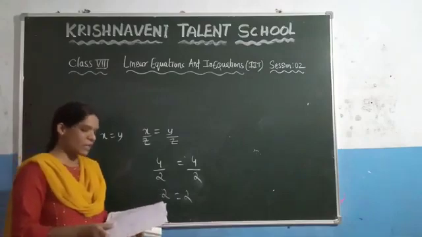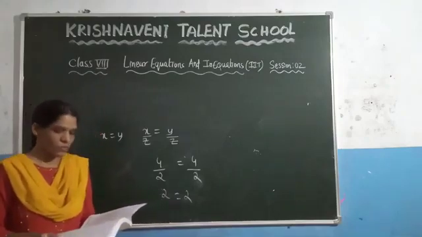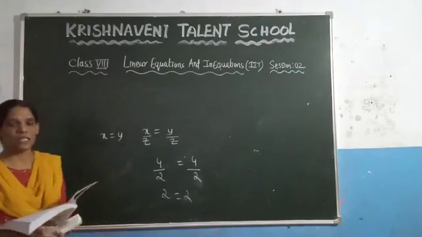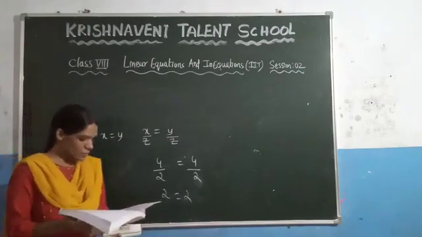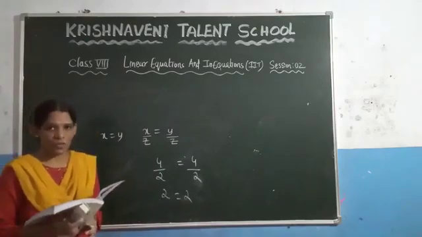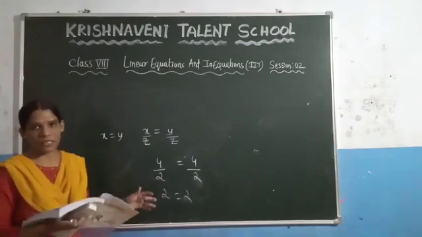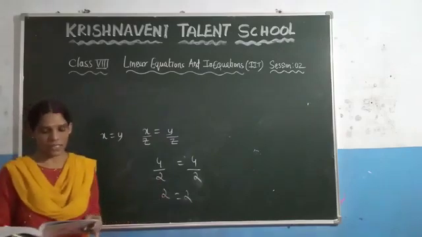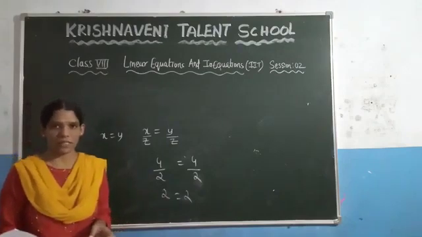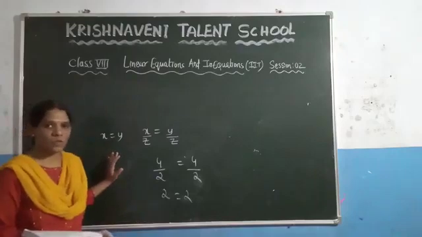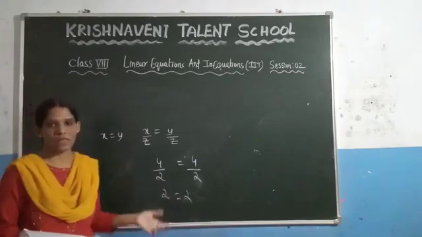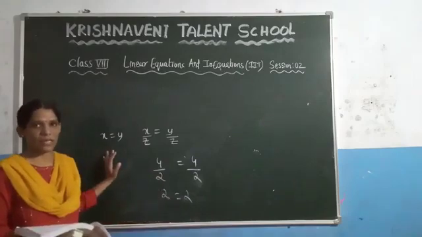So up to now, what we have discussed here is the linear equation. What is meant by the linear equation? If the degree of the equation is 1, we call it a linear equation. And what is meant by the simple equation? If you are given any equation, you can solve the value of the variable by using some methods. We are going to discuss those methods in the next session. After that we discussed the properties of equality. In that we discussed the reflexive property. What is meant by the reflexive property? If every number is equal to itself, the property we call a reflexive property.